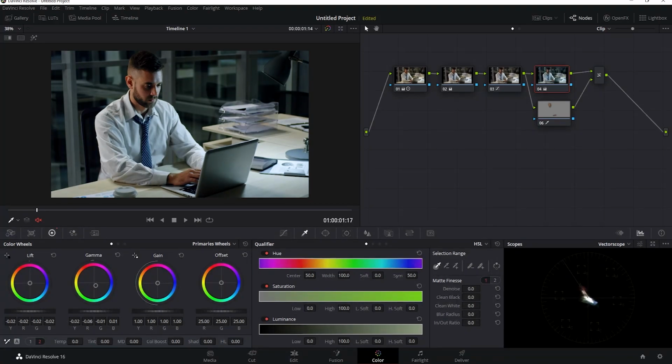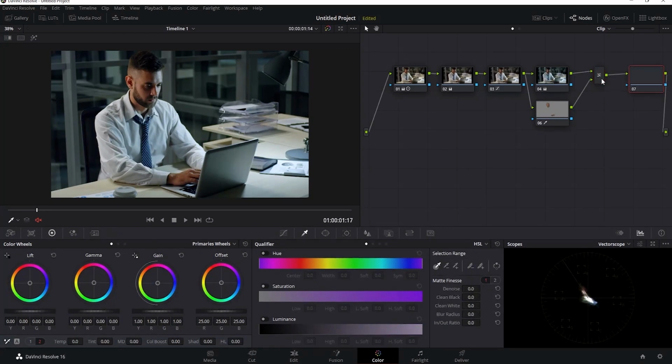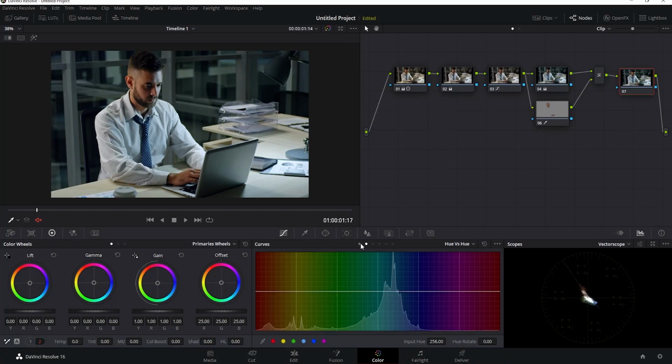So this is what it would look like if we didn't have his skin isolated. Let me bring the shadows down a bit. And then just to finish it off, let's add one last node here, Alt S, over to the curves, and I'll just